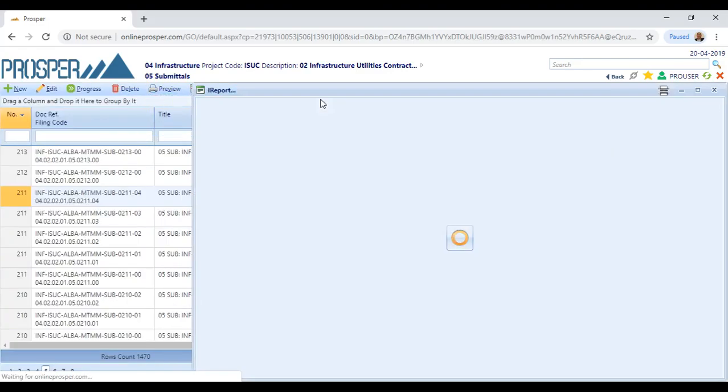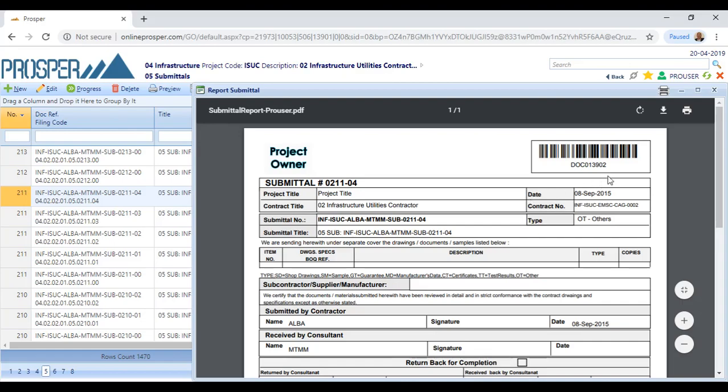That's called the submittal. Let me see what that report would tell me. You see, it has a unique code for the barcode. I repeat, it's the coding structure. We have a submittal number, you see how it is. We have a filing code for that